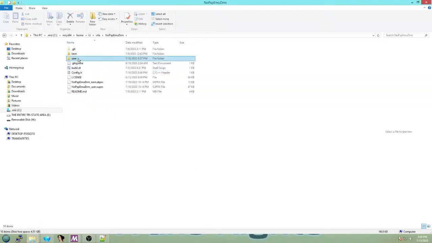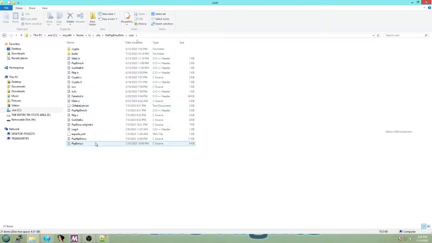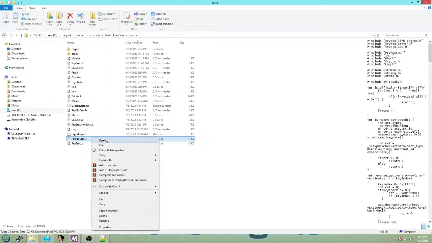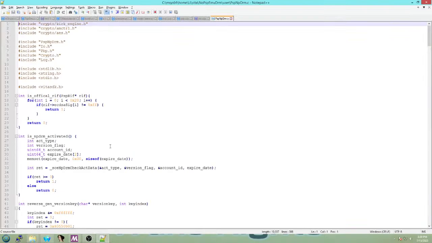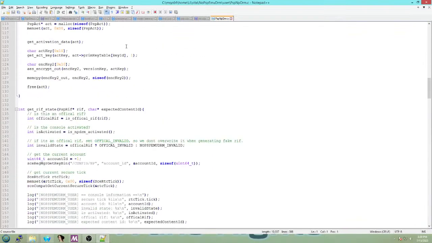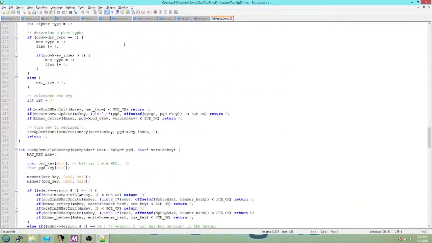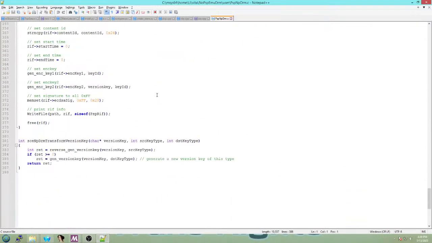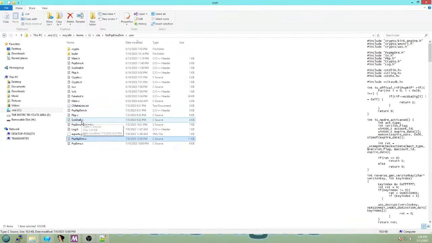It's in no PSP emu DLM. I have code to do it in here. PSP MP DLM, I believe. Yeah, I think it's in here. Let's see. It is not in here. It does not look like it's actually in this one. Okay, is it in